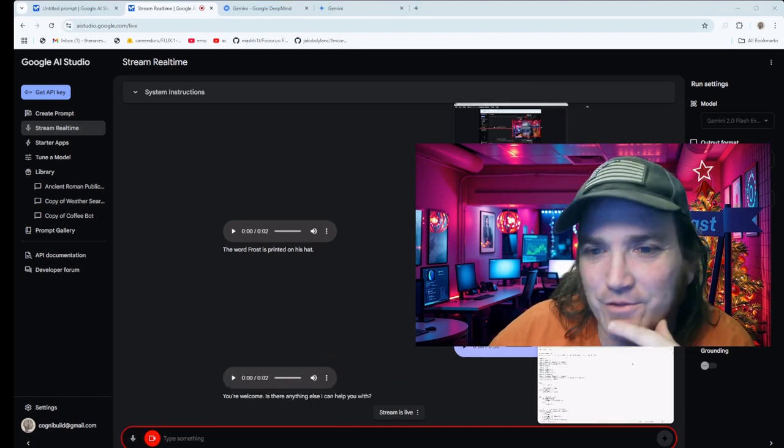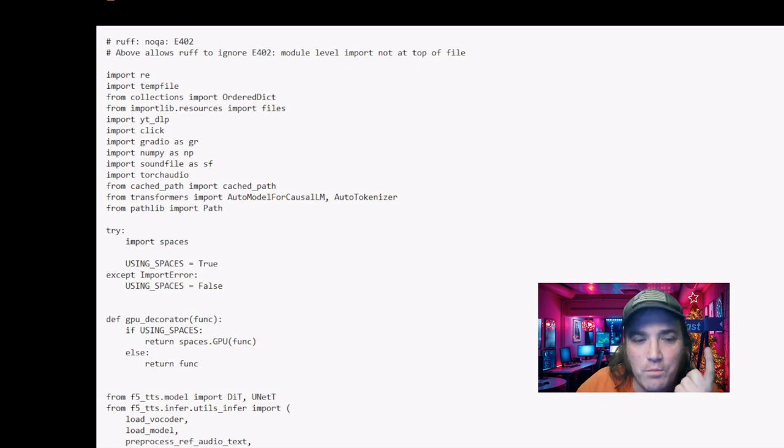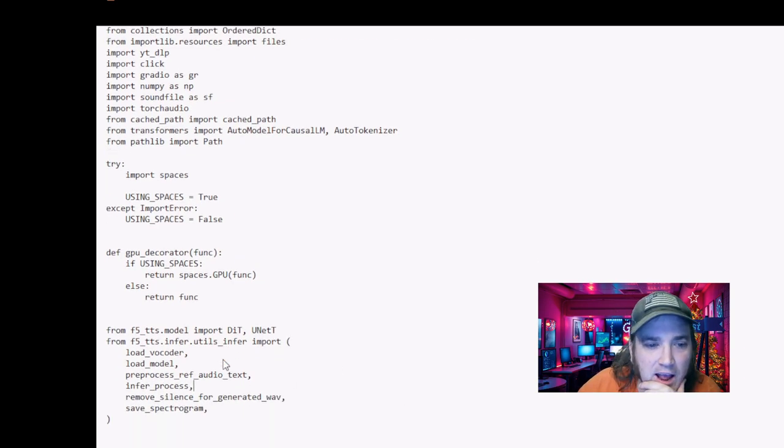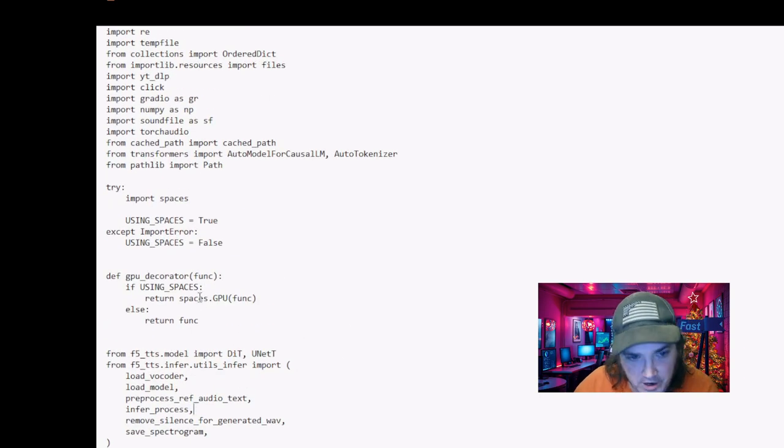Forgot to turn off the microphone. Hold on just a second. Okay, so I've opened up some code here. What I'm going to do is ask it questions. I'm going to put some purposeful errors in here, and let's get rid of this letter. Let's see if it can find what's wrong there.